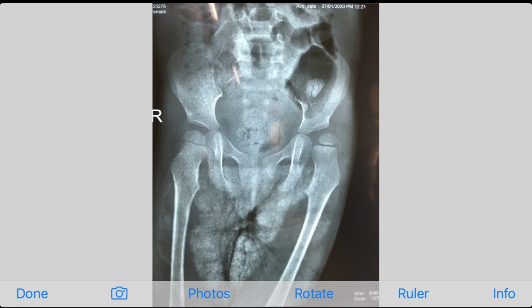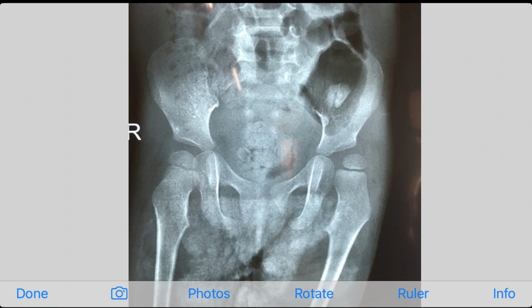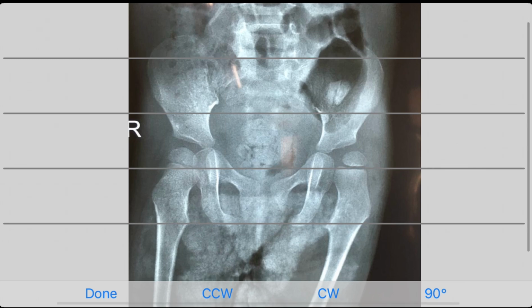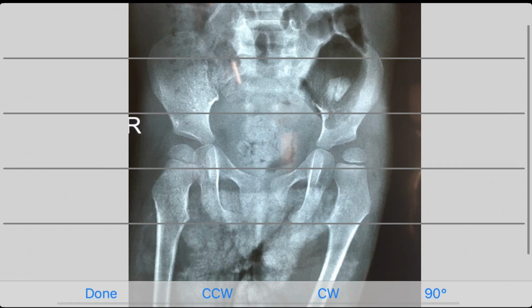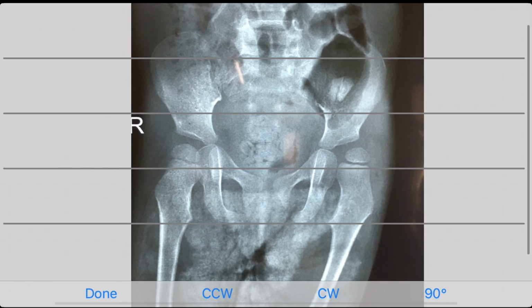The one thing we have to keep in mind is that the X-ray should be standardized. The pelvis should be squared as much as possible. The limb should be in neutral position with patella facing forwards, and there is a tab of rotate. So we check the rotation of pelvis. We can use the tibial tuberosity, or we can use the triradiate cartilage or the teardrop. So let's use the tuberosity, ischial tuberosity in this case.